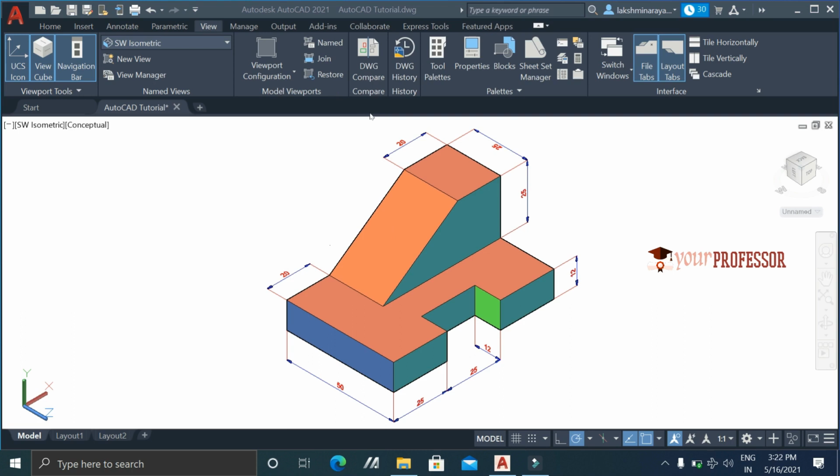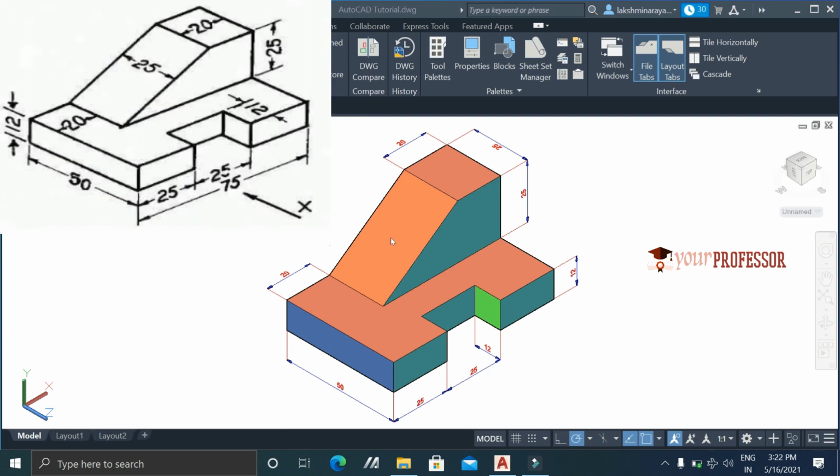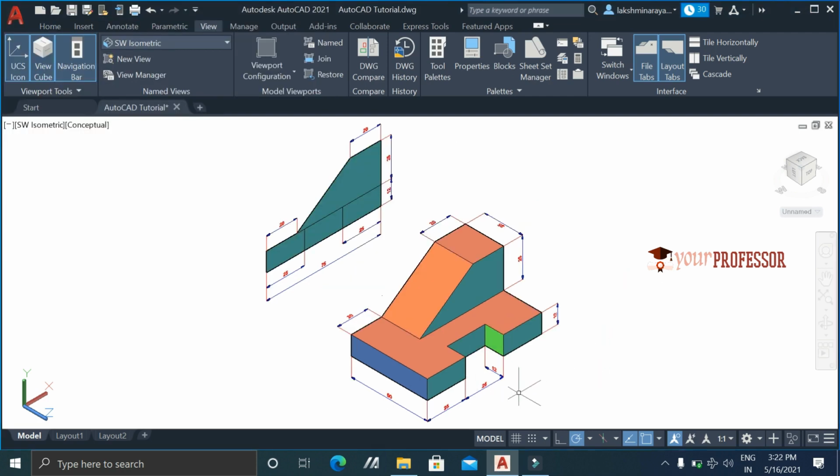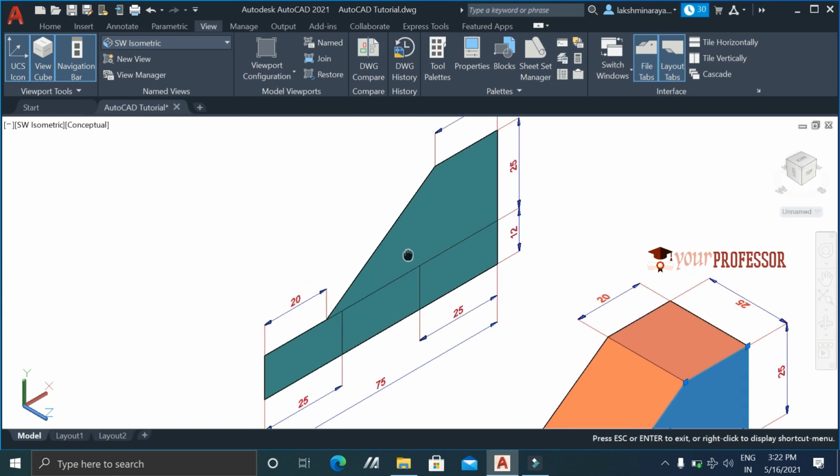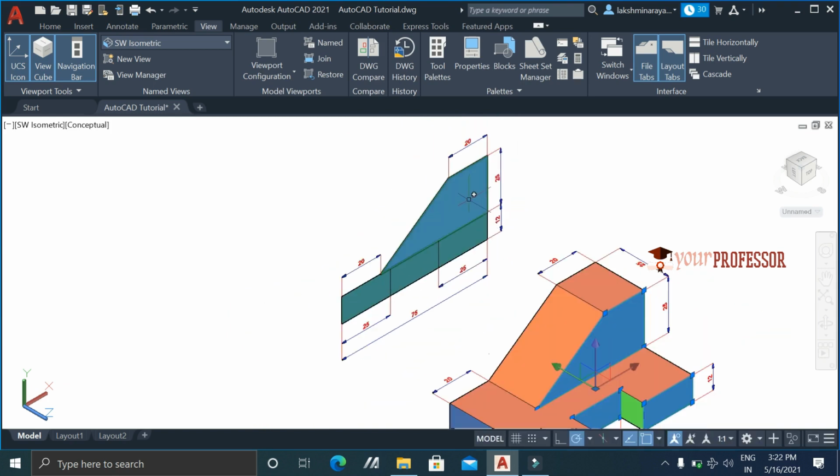First, let us see the front view. For having the front view, you need to observe the object in the direction of the arrow. When we consider the front view, you are able to observe only the green color profile, this element, this element, this element, and this one. So you are able to see only these four elements. These I have represented here, along with the dimensions.